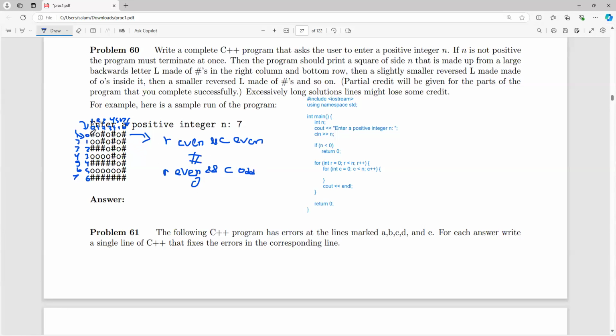Now let's look here. When R is odd, and let me ignore those, this is messing me up. Sorry. So what are we on? R is even, and if C is even, if they're both even, you print a hash. Same thing here. If R is odd, you only print it if it's